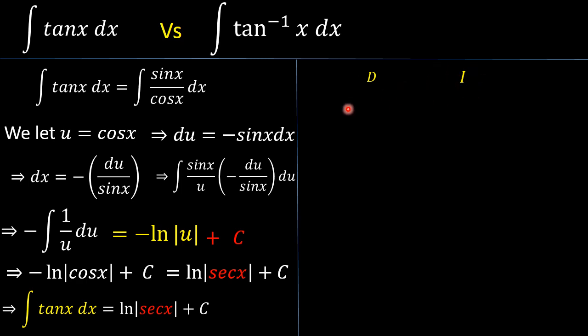Then the signs start from positive to negative in that same pattern. So the first sign is going to be positive, and the next sign becomes negative. Now the most difficult part is to choose which of these you will differentiate and which you will integrate. If we choose to integrate tan inverse of x and differentiate 1 dx, we see that it gives the original function. So in this case we are instead going to choose tan inverse of x to differentiate,